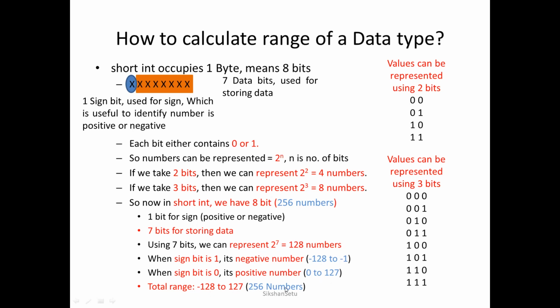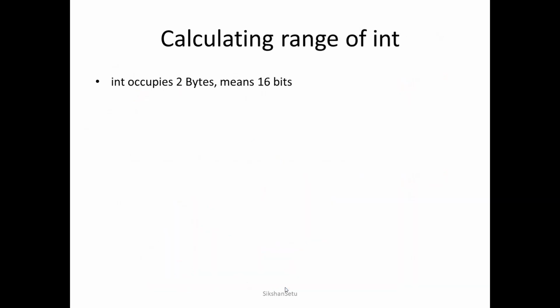This is total 256 distinct numbers. So by using this mechanism we can get the range. Now take one another example to make it more clear. Suppose we take the example of integer. Now integer occupies 2 bytes, means 16 bits will be there. So total number which can be represented using 16 bits is